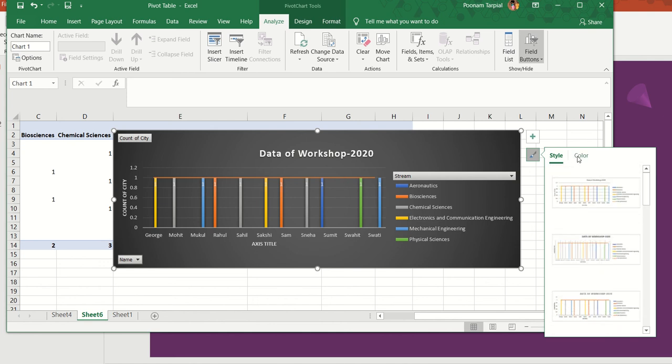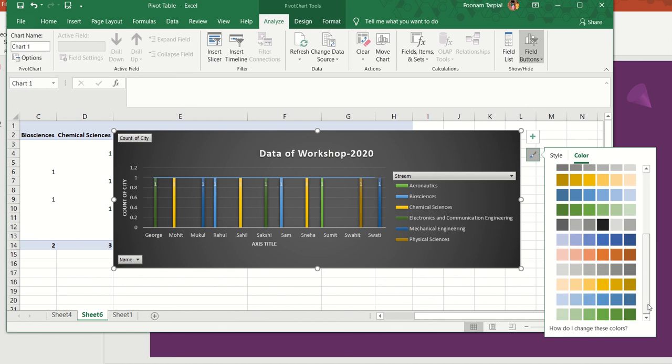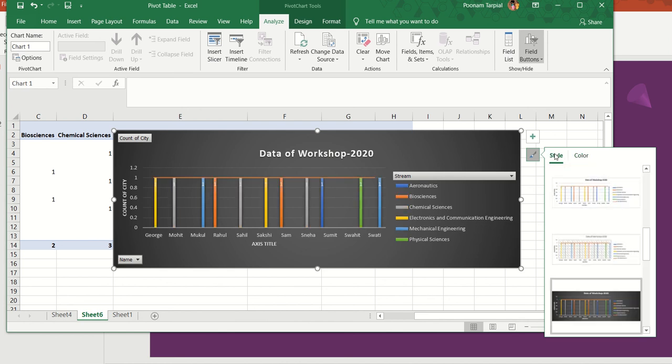Along with the style, it is also going to show you the color. At this moment, this is the color coding which has been selected. If you want to go ahead with another color coding, or if you want to do it as a monochrome, monochrome means one single color. Colorful is where each specific entry is given a specific color altogether. You can select that also. So these are the various things you can do with your pivot chart generation. And this is a quick snapshot of what I have done so far.